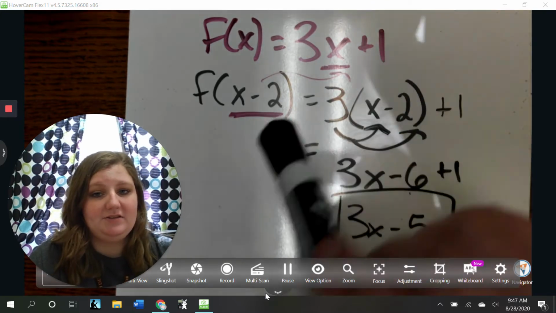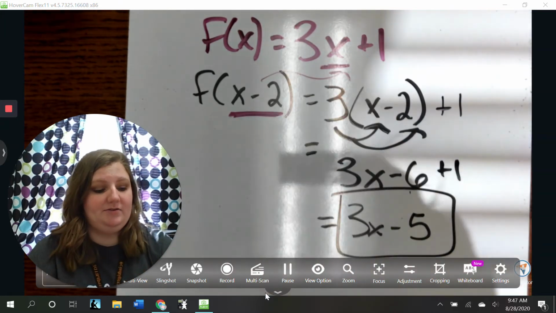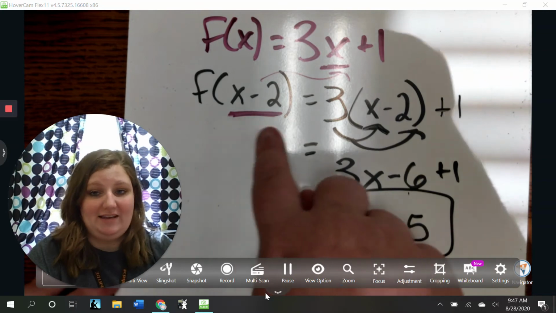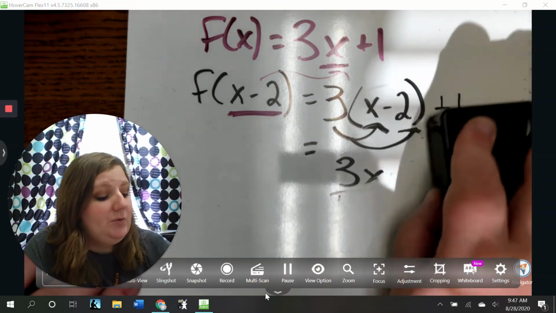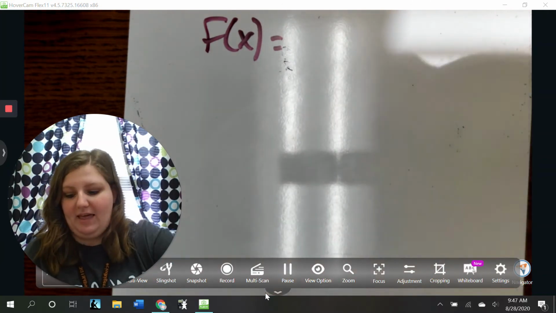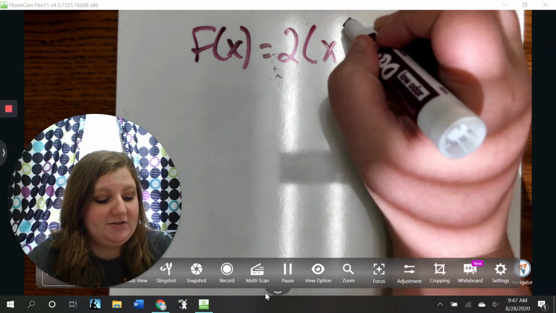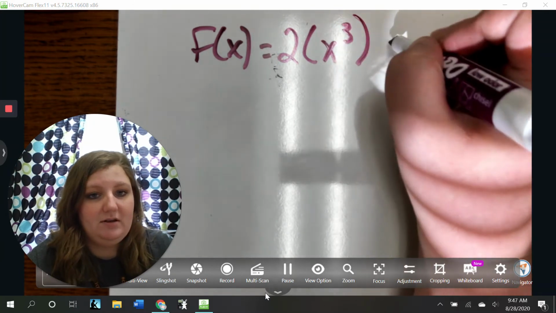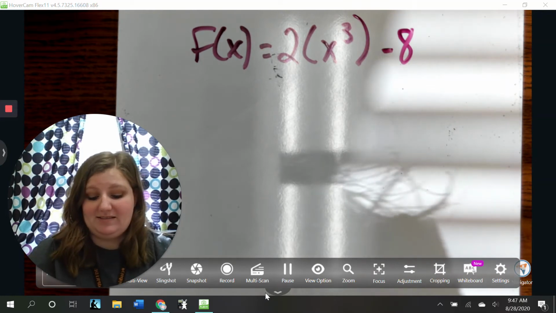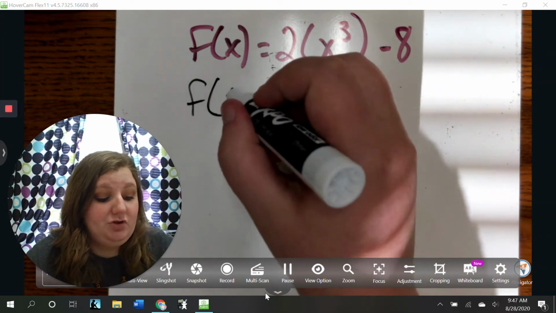So the big thing is just being able to plug whatever's in parentheses in for x. So we can do it with other equations. We can do it with expressions like x minus 2. We can plug those in. We can also plug in numbers. So if I had f of x equals 2 times x cubed minus 8, if I want to find f of 2,